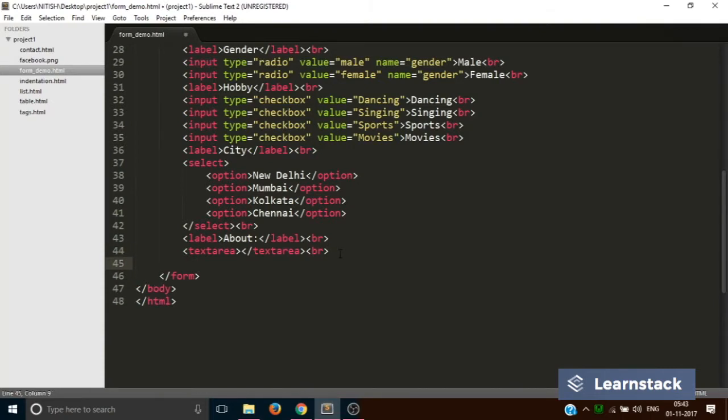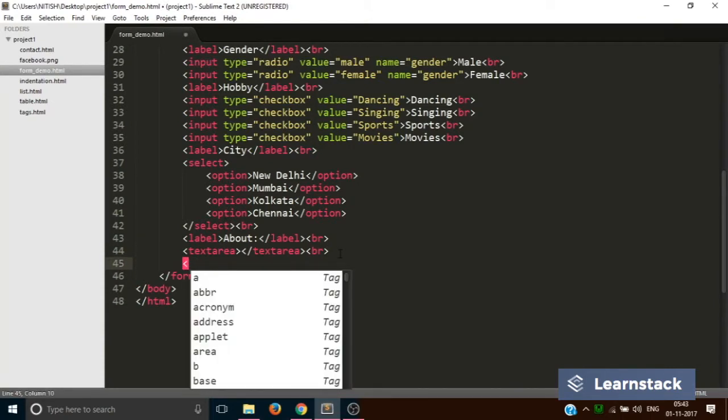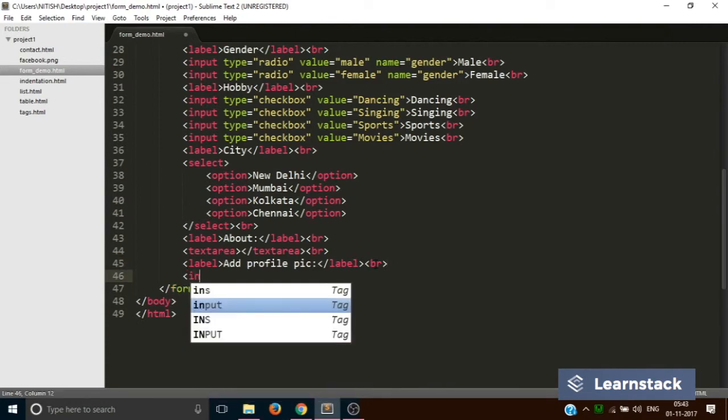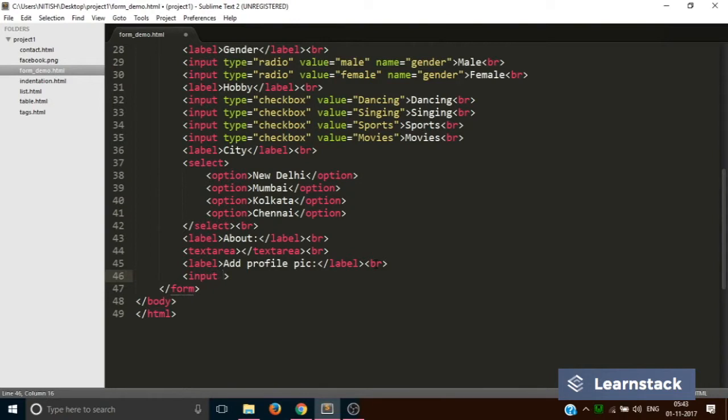Let's move on to the final HTML input, that is file upload. Add profile pic. In HTML, if you want to insert or upload a file, the typical use cases are while onboarding on popular websites, you have to upload a profile picture, or on certain websites you have to upload documents, or on YouTube you have to upload videos. In those scenarios, you can use this particular HTML tag, which is again input but with a different type attribute, and the type attribute is